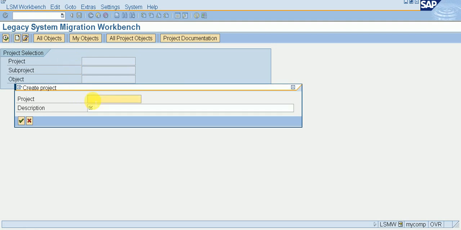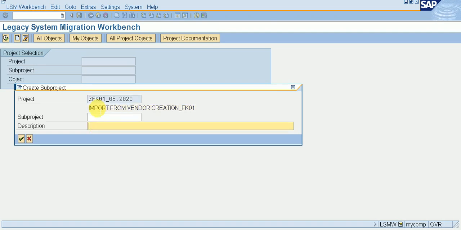I am giving my project as ZFK01, with the date 052020, Import from vendor creation FK01. So today I am showing you how to create vendor master data. Enter.